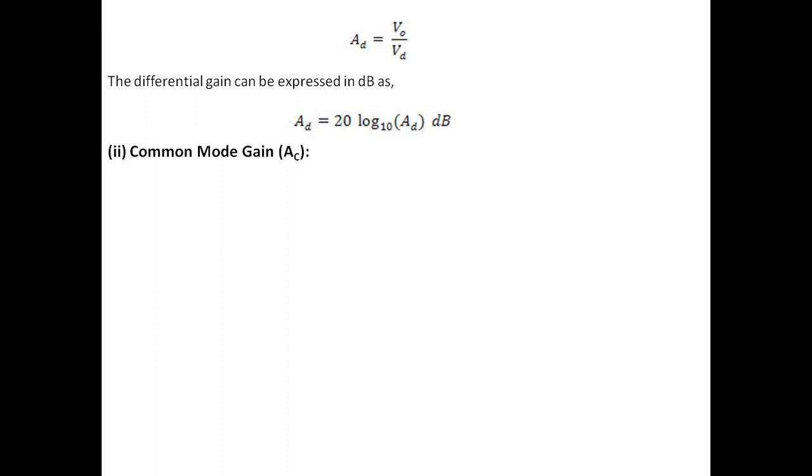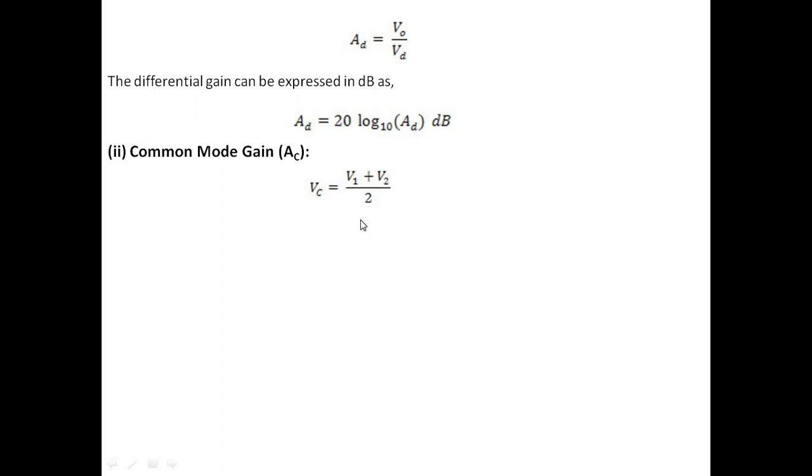Now come to what is meant by common mode gain. Strictly speaking, this common mode gain is popularly related with the DC components. Why do we call it a common mode gain? It is a gain which is common in both the signals, which we usually consider as a DC component. That's what we try to calculate as the common mode gain, which is normally an undesirable one, and is an average of the two signals: Vc is equal to V1 plus V2 divided by 2.